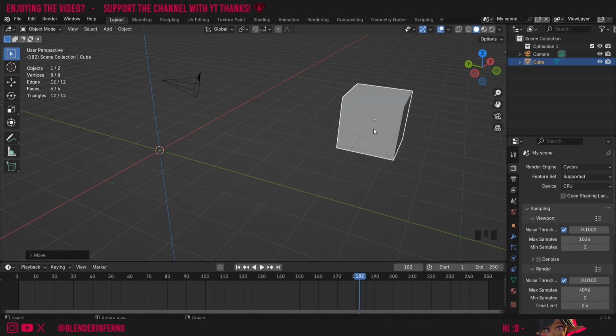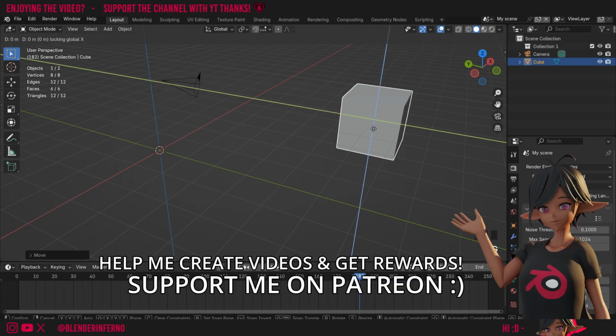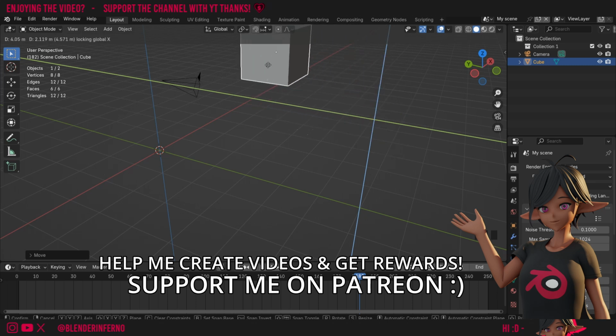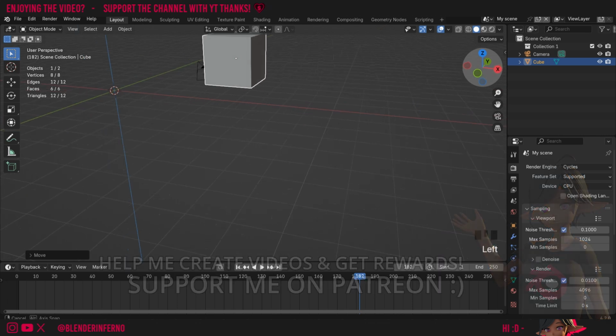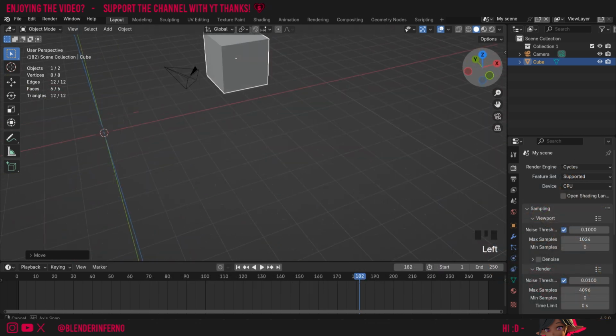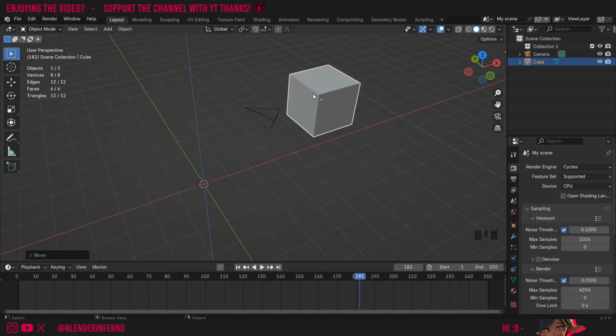If you guessed that we would press G and then Shift X, because we're excluding that red line, which is the X-axis, you're correct. We can then move it here and press left click, and notice how it hasn't moved on the X-axis at all. I recommend playing about with moving your object, and then once you're comfortable with moving your objects, we'll move on